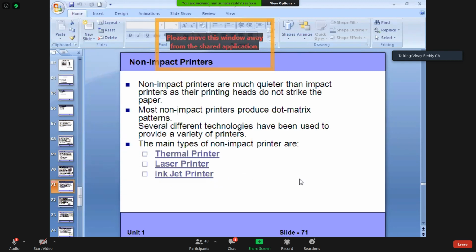So that is the reason why inkjet printers, if not used regularly, will be solidified and won't work. Now I'm facing the same problem at my home. During the lockdown, we did not use it properly, so automatically the ink vanished. So I have to refill it again.